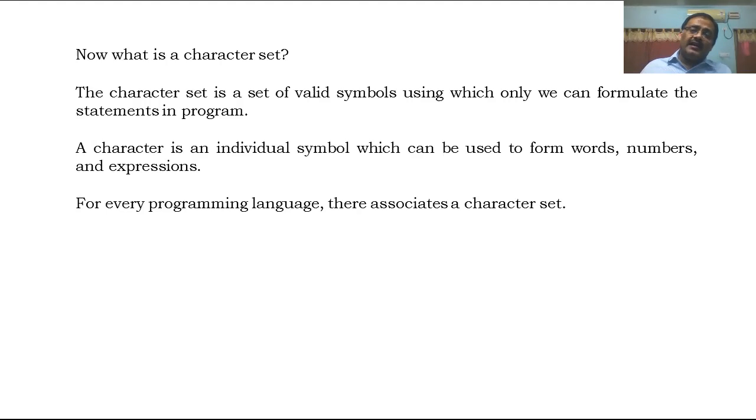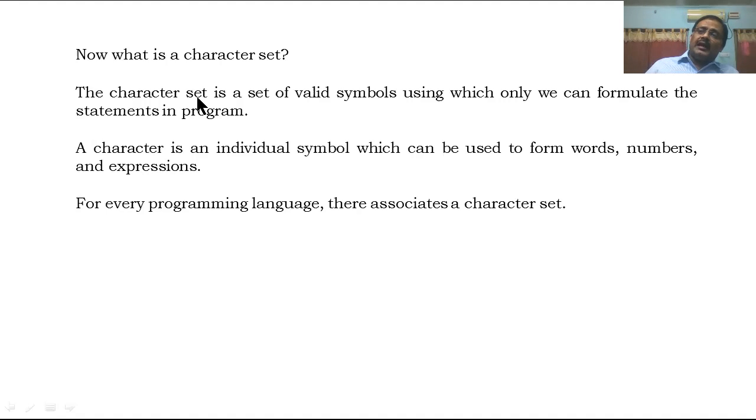A set of valid symbols using which only we can formulate the statements in the program. That set is called the character set. So a character set consists of valid symbols using which only you can write different comments, statements, etc. in a particular programming language.